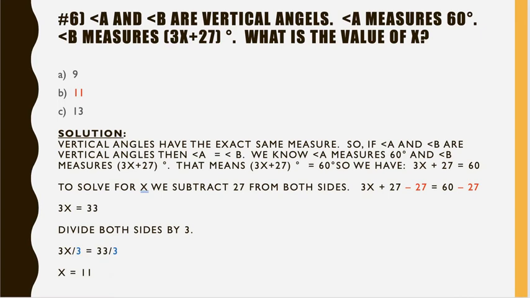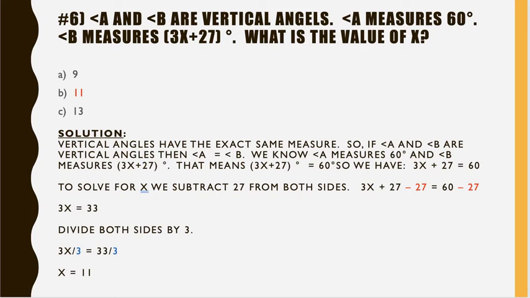11 is the correct answer choice. Vertical angles have the exact same measure. So if angle A would be 20, angle B would be 20. If angle A measures 60, angle B has to measure 60, right? So we know then if angle A is 60, we know B has to be 60, but what we're given